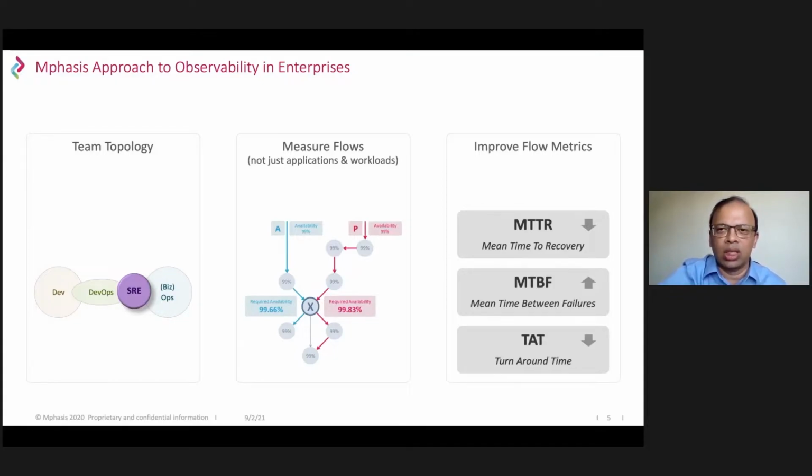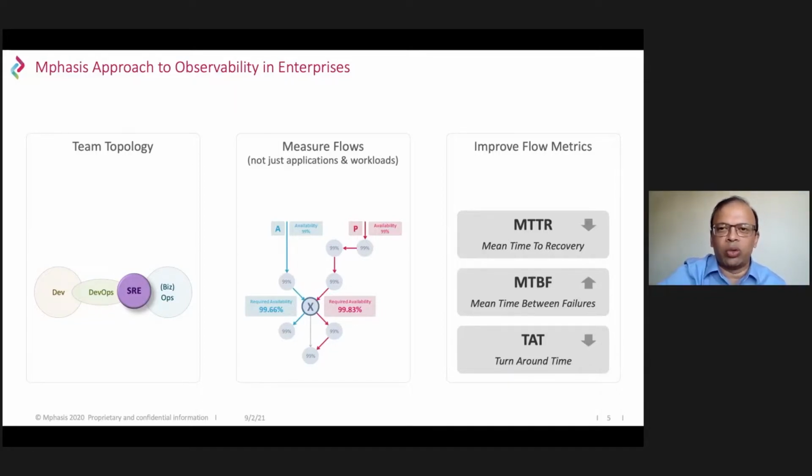So mean time between failures really helps us focus on what are the tricks and tactics that we can use to ensure that applications are healthy for a longer period of time. And the last part is the turnaround time, because these two alone are not enough. If you notice a problem that requires, say, code fixes or changes, how good are you as an organization to turn around these issues quickly?